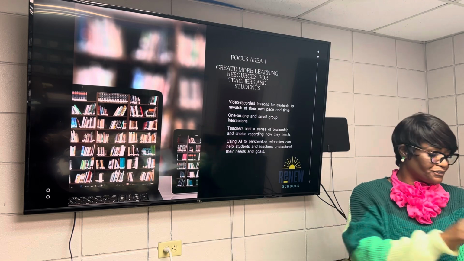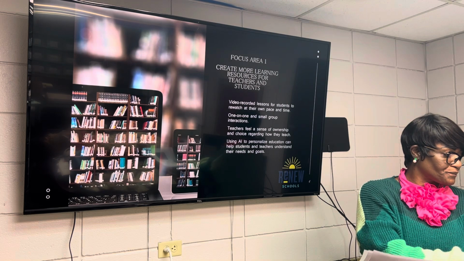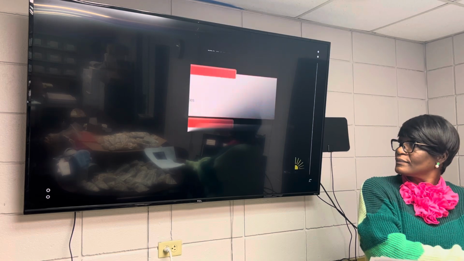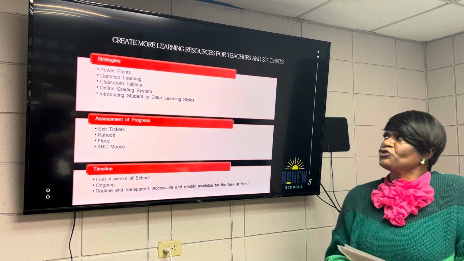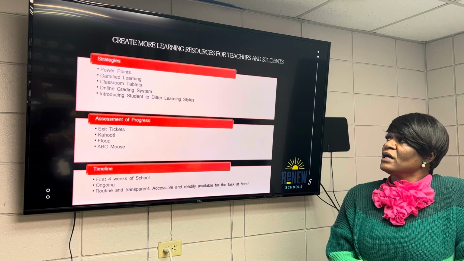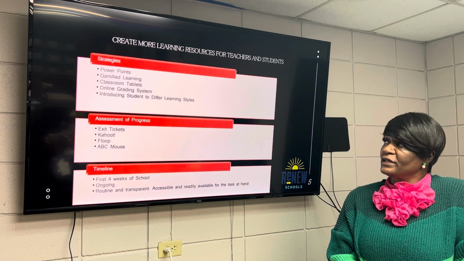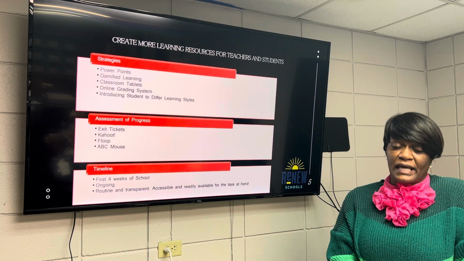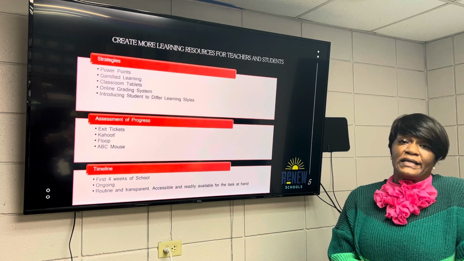So slide 2, we're going to talk about the action plan. The action plan talks about the strategies for how to create more learning resources for teachers. Some strategies: teachers can use PowerPoint, gamified learning, classroom tablets, having class tablets in the classroom or individual laptops, and online grading systems where